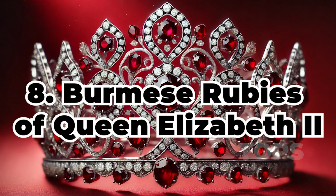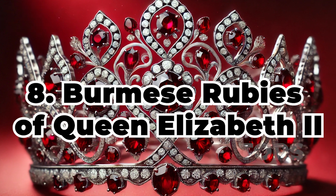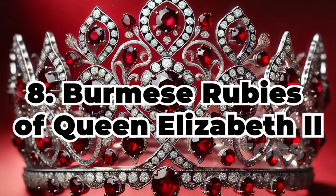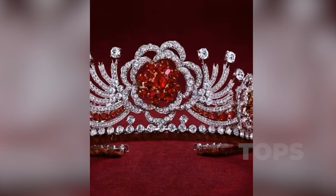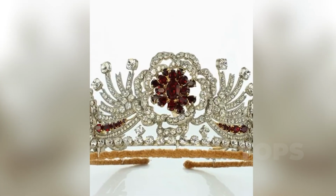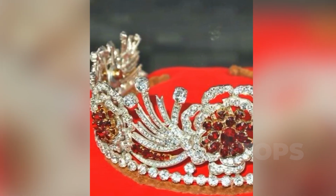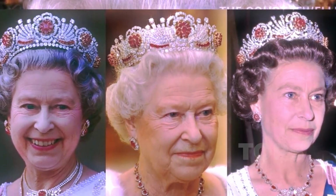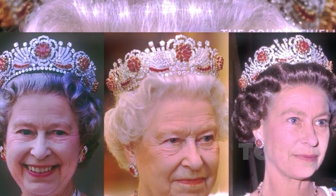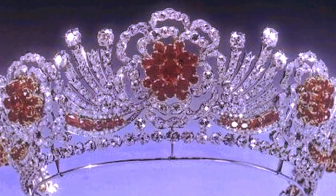Ranked 8. The Burmese rubies of Queen Elizabeth II, a royal symbol of elegance and protection. The Burmese ruby tiara is an exquisite piece in Queen Elizabeth II's jewelry collection, crafted by Garrard and Company in 1973. The tiara was designed as a wreath of roses, with silver and diamond petals and clusters of golden rubies at their center. It contains 96 rubies, which were gifted to the Queen as a wedding present from the people